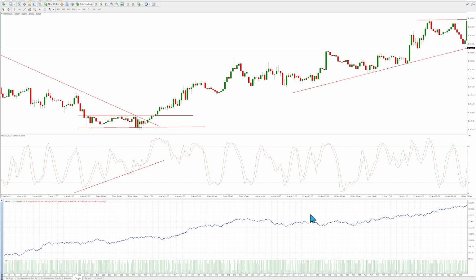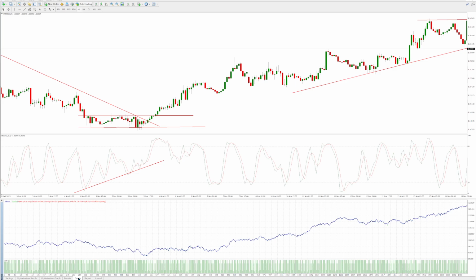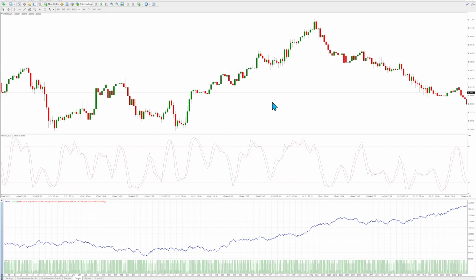Looks good. I'm sure everybody would be happy with that equity chart. However, we've only over optimized for the last 3 years on the 1 hour euro-dollar chart. If we go back another 2 years, run the same settings, what happens? That happens. Okay, again, the extra years we added, results are not so good because we only over optimized or curve fitted for the data after. So you could keep chasing your tail and going back and wasting time finding the perfect set. But at the end of the day, something like this, in my opinion, is best used as a tool to support your